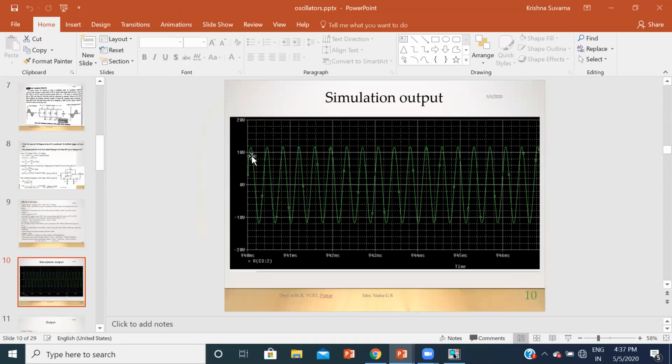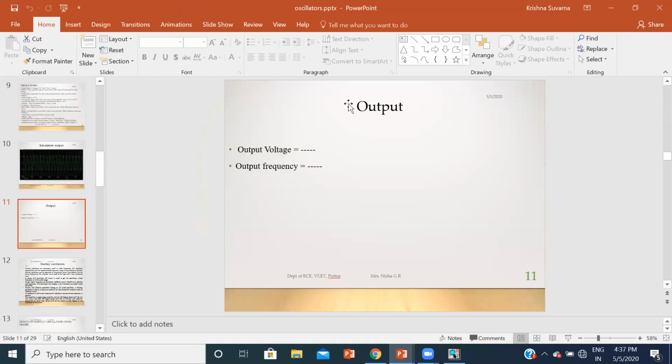So that is the output waveform. It is of constant amplitude and constant frequency. See the output, at the peak the voltage is from 12 volt to minus 12 volt. It will be constant amplitude, and the frequency is also constant. You can calculate the frequency from here to here, one cycle. So it is 940.4 milliseconds. When you take the inverse, you will get the frequency. It will be around 3 kilohertz. So this is what we'll be getting. You are going to calculate the output voltage and then the output frequency. So this is regarding the RC phase shift oscillator. Thank you.